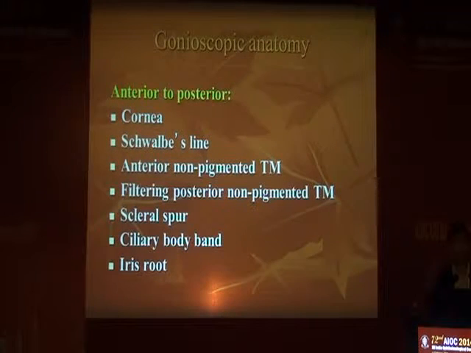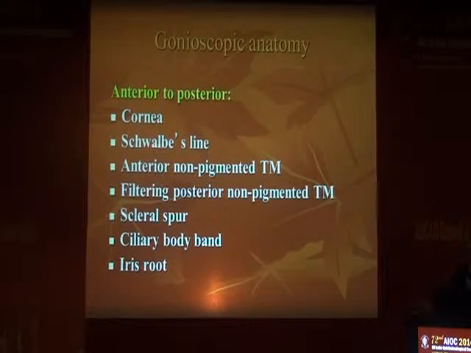When you start looking at the angle, I'm going to show you slides again. Most important is that you start from the corneal end and go backwards rather than go the other way. Because from the other way, how much you are going to see is going to be variable depending on narrow angle, open angle, or very widely open angle. Cornea is always visible. So start from what is always there and go backwards to the level you can see,